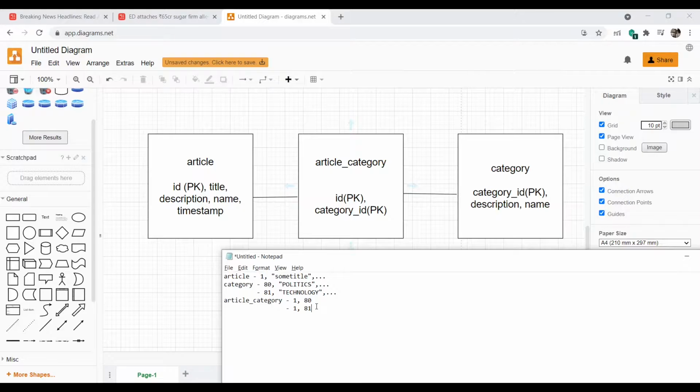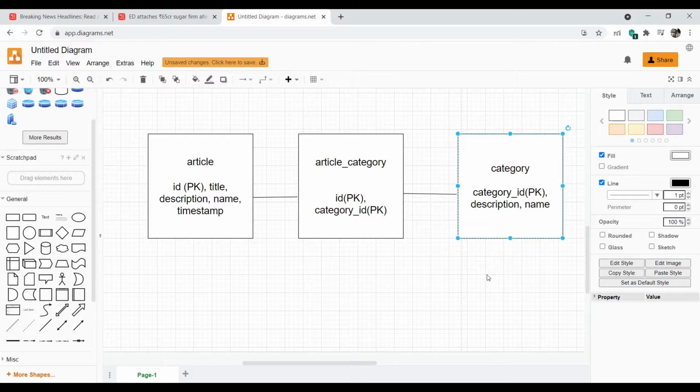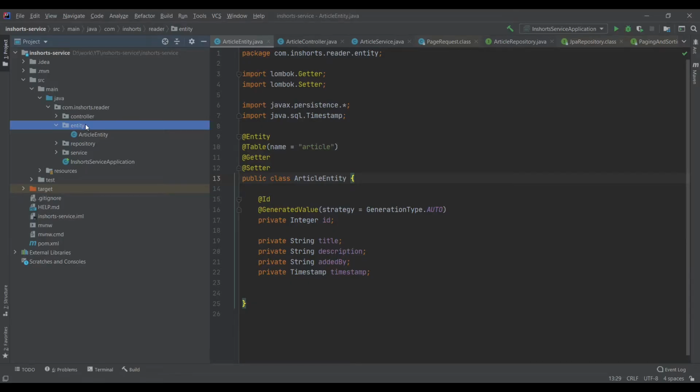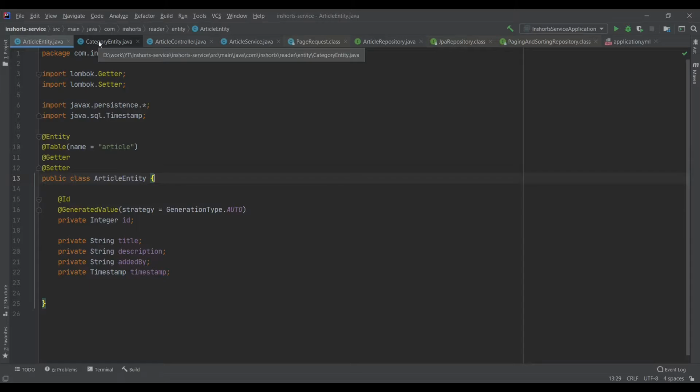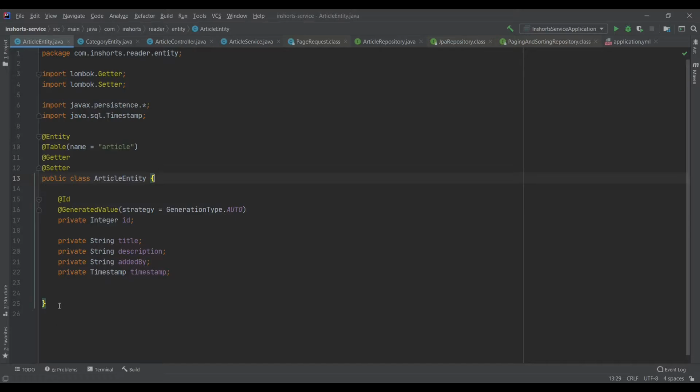Let's see how we can move that into Spring Data JPA. Right now I'll not be using create table commands, and I'll show you that it is possible to create that via Java code, that is Spring Data JPA. Let's first quickly write an entity called category, and then we'll move to how we can combine both of them. This will be a real table in the database, but we do not need an entity for it. We'll just create a relationship and Spring Data JPA will handle this. So let's first create the category entity. If you're a good Java developer, what you would do is not write code from scratch. You would copy this code from one class to another, and that's what I'm going to do.